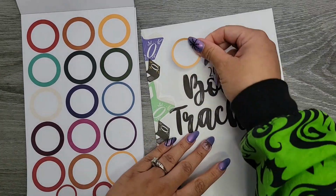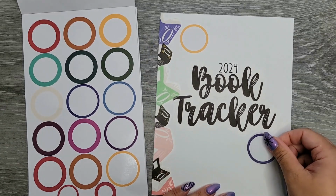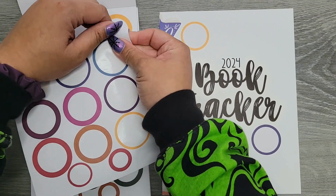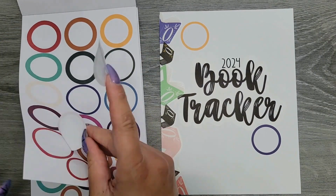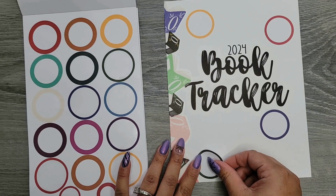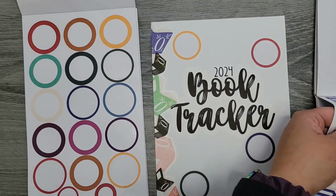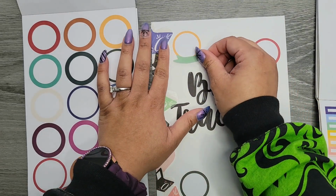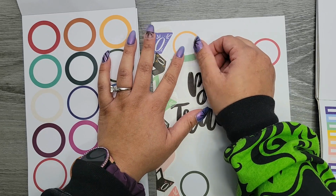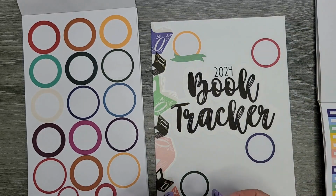Some colors I was definitely thinking I really wanted in here were this yellow and this blue. Get this blue down here. And we can do some green. And I think the pink, or even this more red color. So I'm just going to place these all over. And then I'm going to go in with these little flags. And I think I'm going to just put them down at the bottom. And then that'll be the dates from and when, which I need to make sure that I actually write